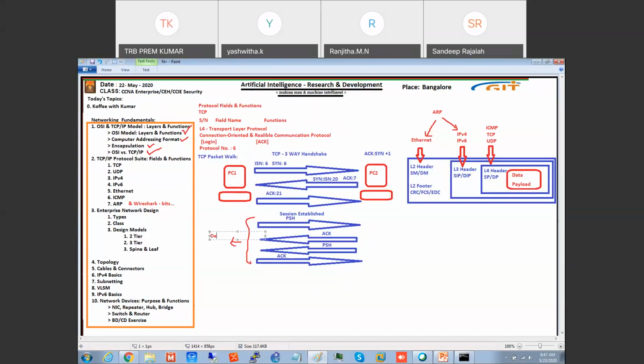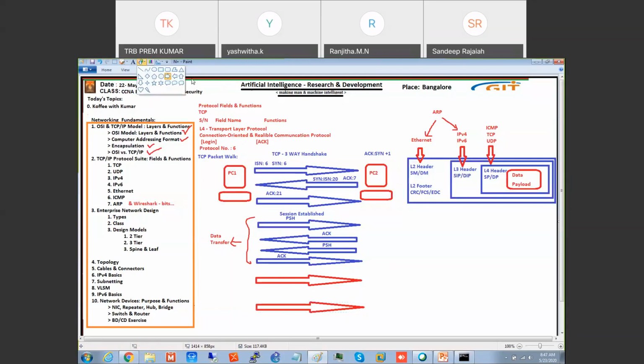Okay. Now, after this data transfer is completed, we'll again send a message called FIN. FIN means let us finish the communication. FIN.